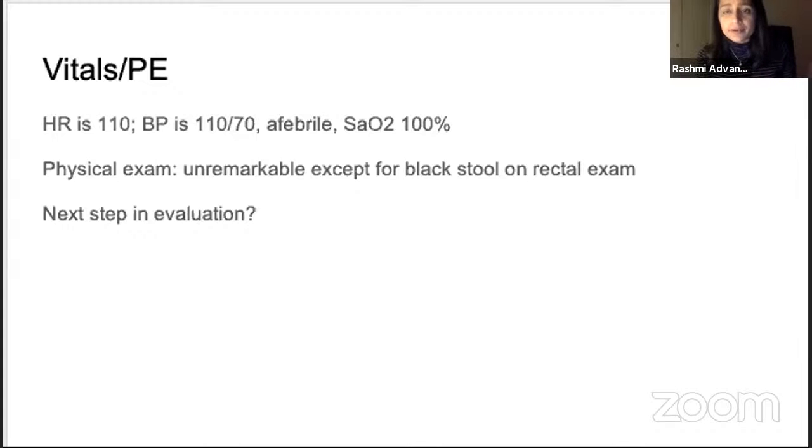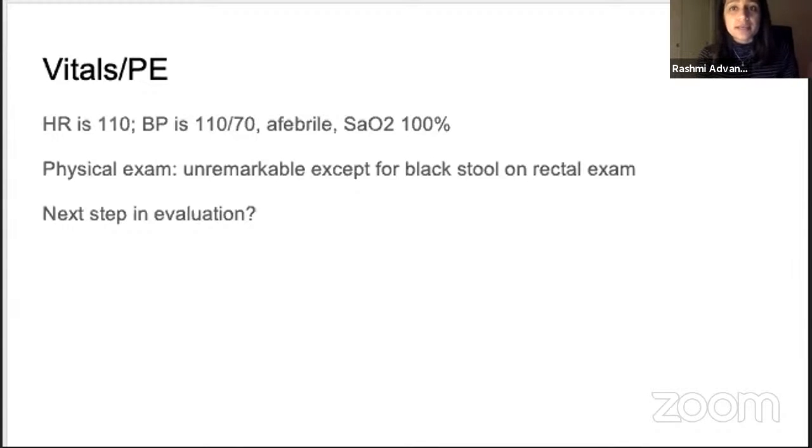She wasn't tender, and she had no rashes on her abdomen. It wasn't distended. Her rectal exam. So this is something that if your patient is complaining of black stool and that's not normal, I usually ask the team taking care of the patient to make sure they do their rectal exam and see what the stool